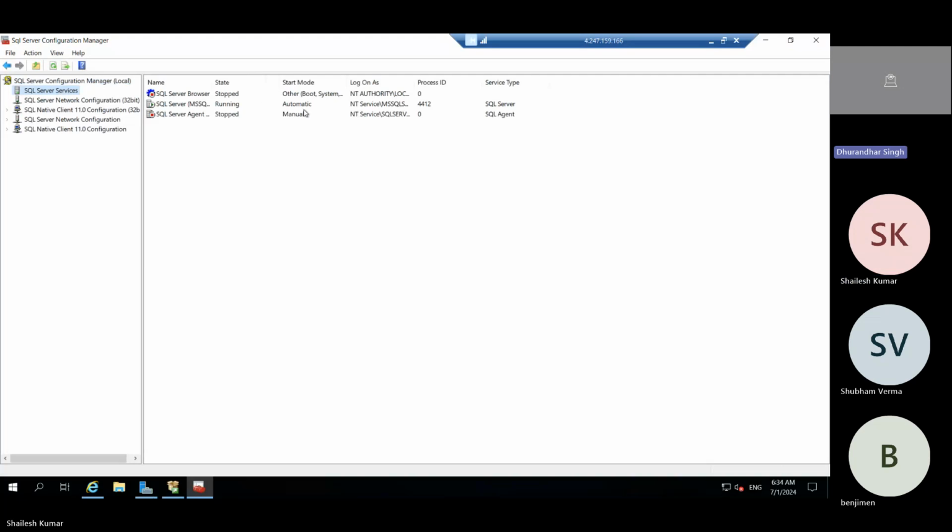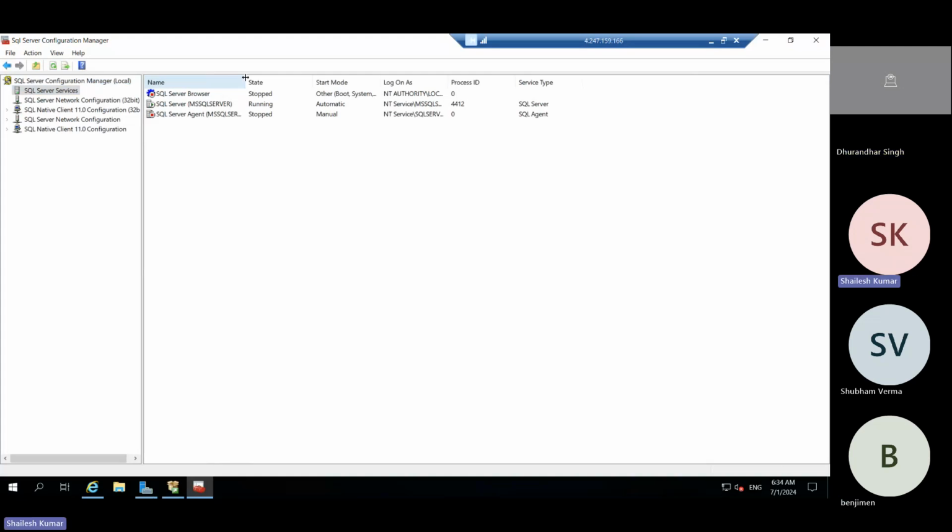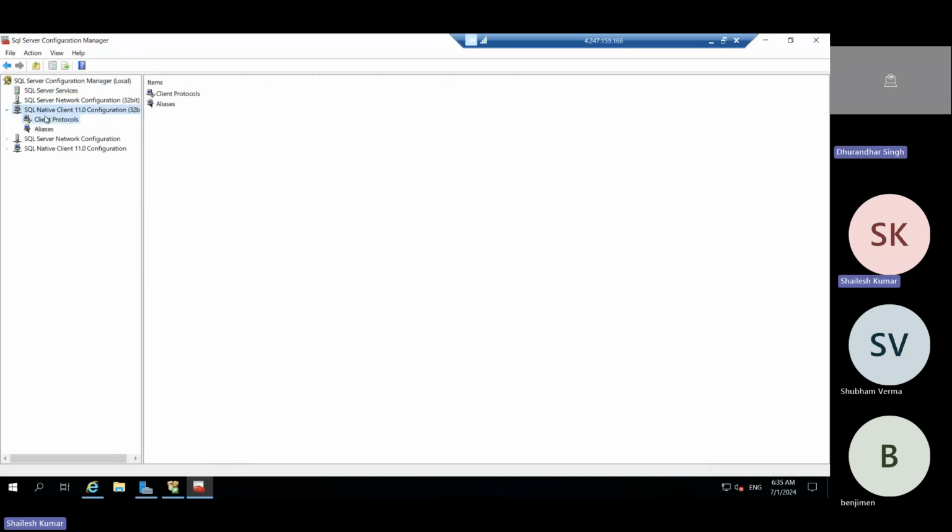Let me ask one question. Suppose we want to change the SQL port from 1433 to some custom port. Is only one place here in the configuration window we need to change, or do we have to do some settings in Azure portal also? No, here only. If you have enabled a firewall, we just have to enable inbound and pass the port number for SQL Server. The setting here is sufficient. No need to do anything on the Azure portal side. Okay, got it.